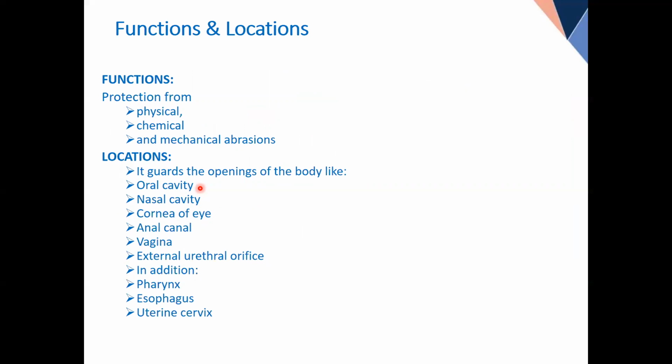Now, what are the openings which lead to different cavities? Oral cavity, nasal cavity, cornea, ear, the pore of the sweat glands, sweat pores, the urethra, the anal canal, the vagina. These are all openings which are leading towards some of the cavity of the body. Instead of memorizing the list, just remember one word, doctor. Any opening that leads into the body, the first opening, the guard is stratified squamous